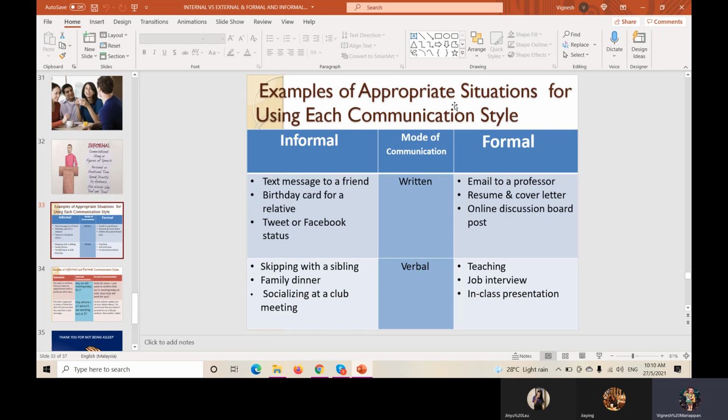Understand. Yes, informal means you don't have to use any formal way, just directly text a message to your friends, or you do a birthday card, you write something, you give to your relatives, and one more example, you use Twitter to post any status, we call it informal. Formal means you have to use the proper way to write a letter, or to do the email, all in a proper way. And then same goes to the one more mode, which is verbal. Verbal communication means you use your mouth, not writing, mouth.